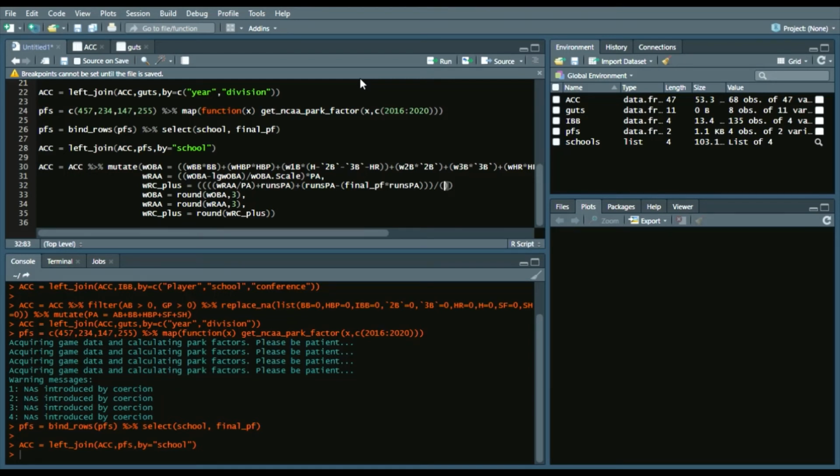in the formula it said AL or NL weighted runs created per plate appearance. Now that's really just separating by conference. So in this case, the ACC. So it's the ACC weighted runs created per plate appearance. But if you look at the weighted runs created formula, if you go back to the website that I showed you at the beginning of the episode,